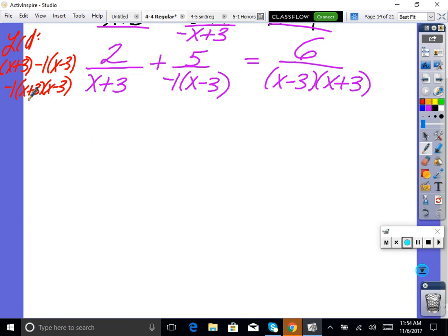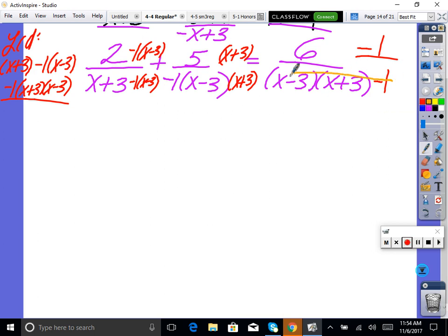So what does this denominator need to look like? A negative 1 and an x minus 3. A negative 1 and an x minus 3. Does everybody see? What does this one need? X plus 3. And then what does this one need? Negative 1 and negative 1. Okay, now look at your denominators. They're the same, so we can now ignore them. Solve using the top. Negative 1 times 2. Yep, so I actually am looking at negative 2 times x minus 3 plus 5 times x plus 3 equals